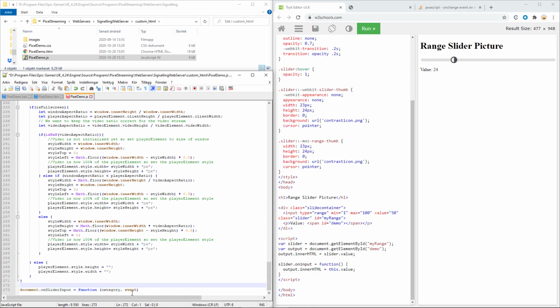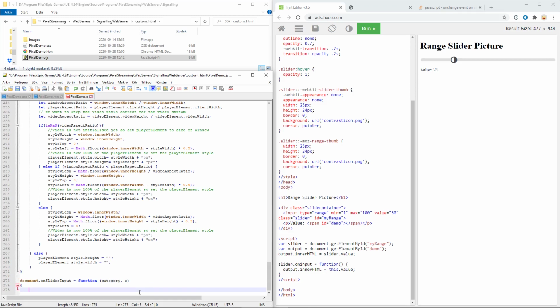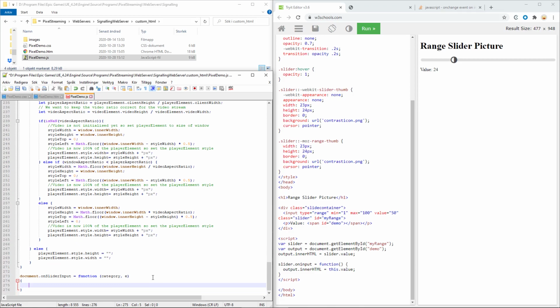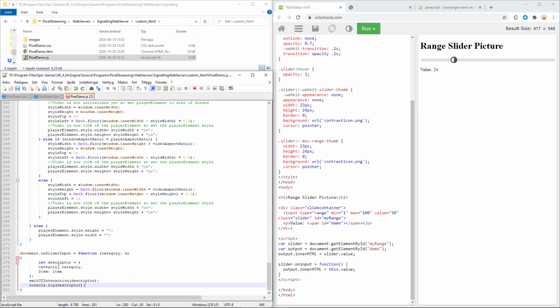For example, let's call the event E in this case. Add some curly brackets. And then we can paste the descriptor data into here.